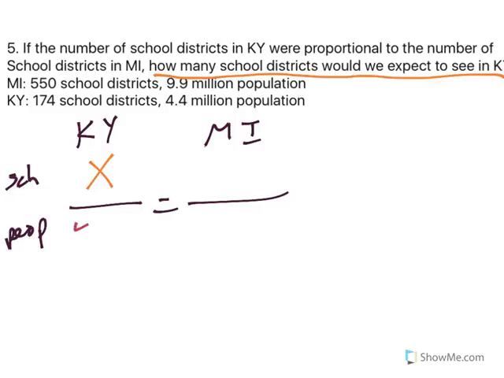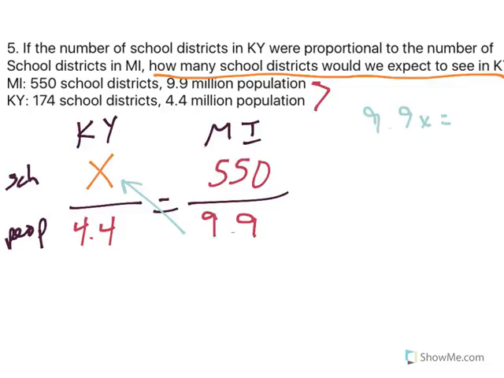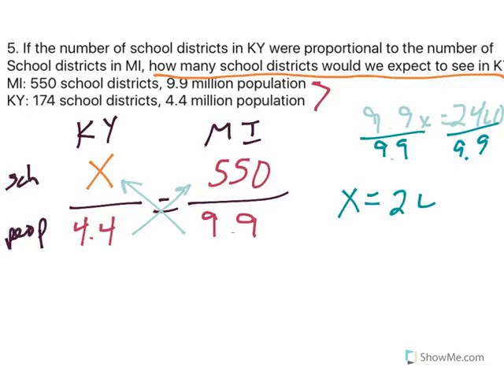In Kentucky, there are 4.4 million people. In Michigan, there are 9.9 million people. I'm getting that from here. And in Michigan, there are 550 school districts. So I play the cross multiply game. 9.9x equals, I multiply the other way, and I get 2,420. I divide both sides by 9.9, and we have approximately 244, I'm just going to round to the nearest 2,